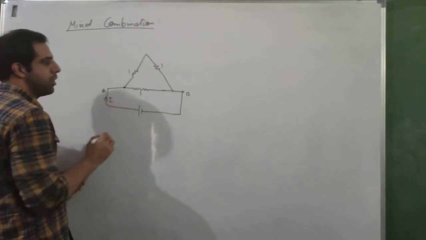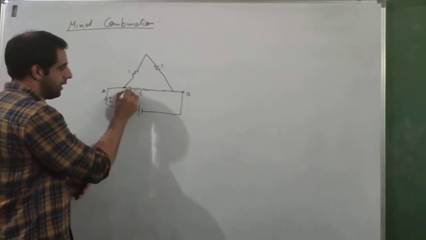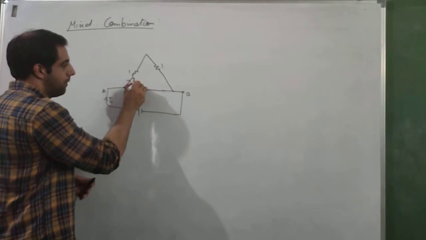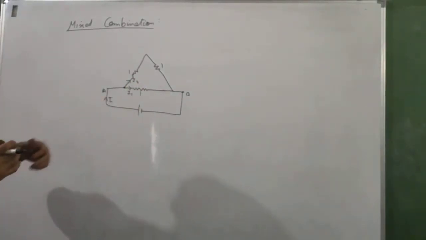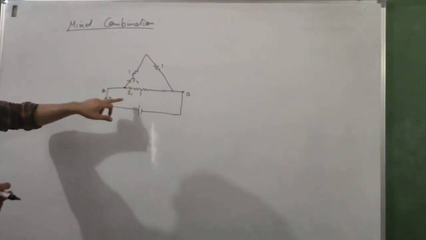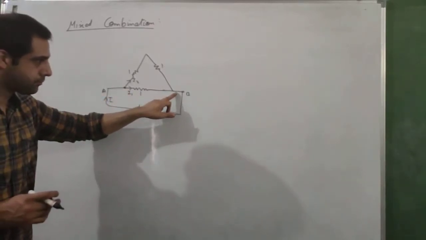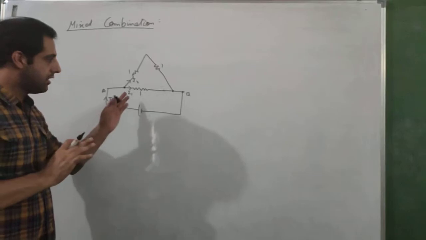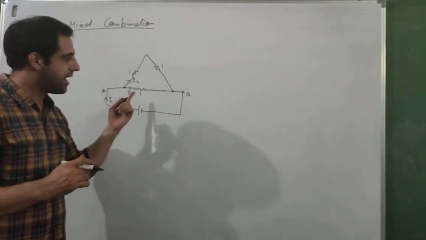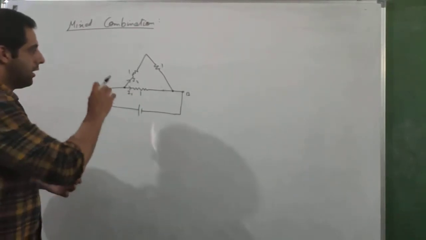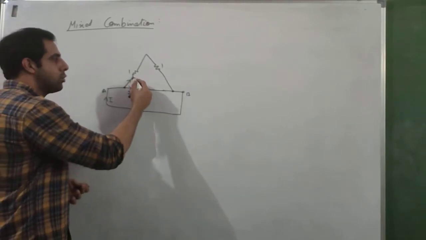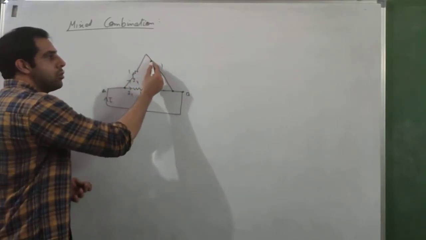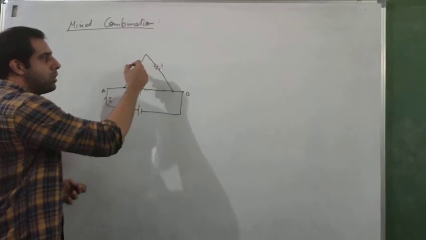This current at this point will be divided into 2 parts. Let us say I1 and I2. Now if you follow the path of the current, you will notice that I1 will go straight till this junction. So there is no problem in that. There is only one resistor that I1 is encountering. I2 however will go through this resistor, then it will go through this resistor. There are no other junctions.